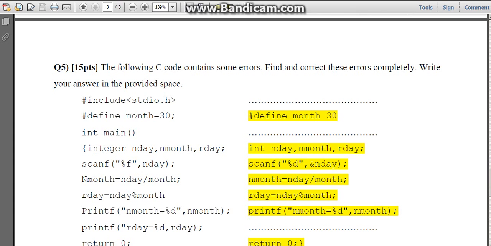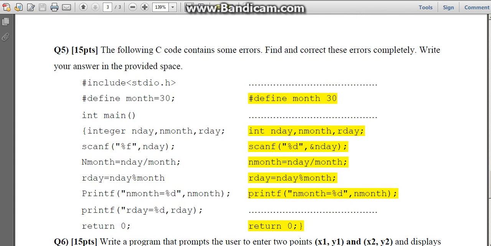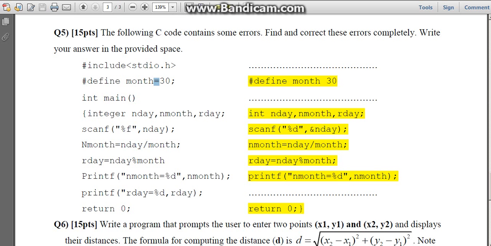Now the last question. First of all, the first mistake: there's no equal here. And let's see, they mention here integer ending and month are day. Alright, there is no bracket here. Now we just move on. We can see there is no and here. Actually, all of this stuff